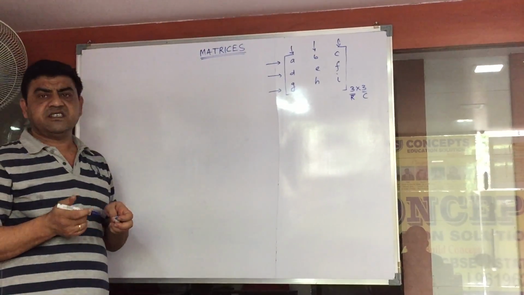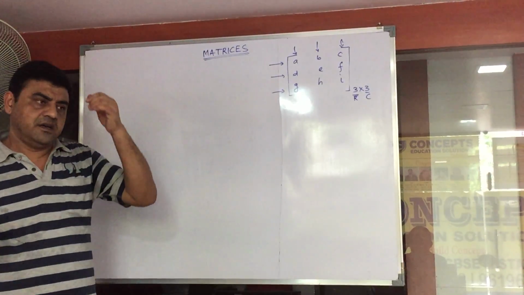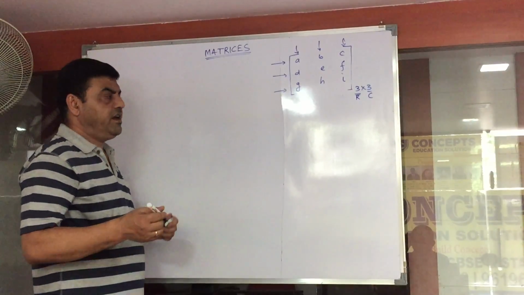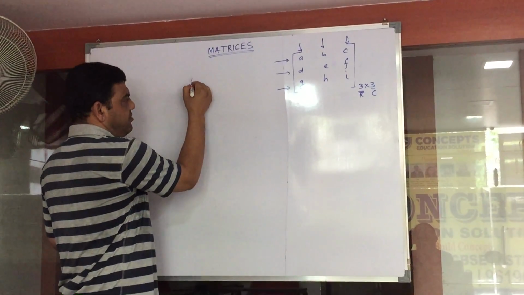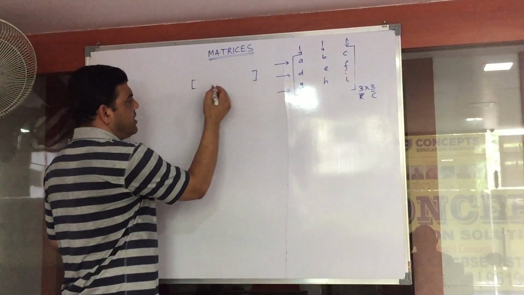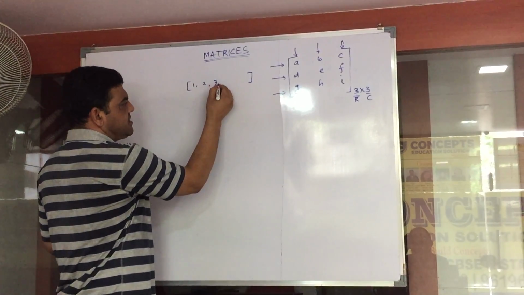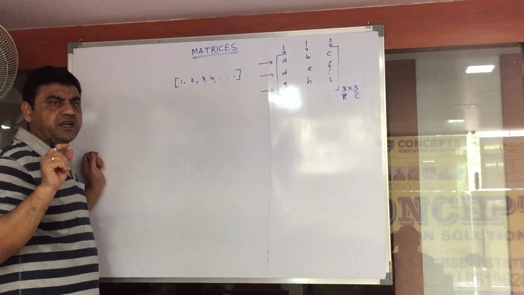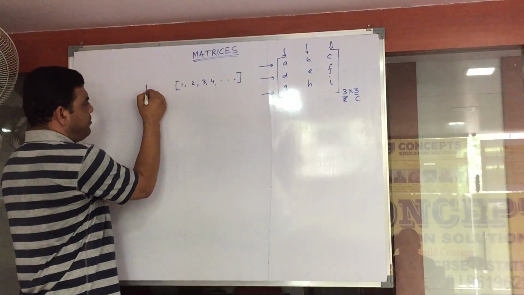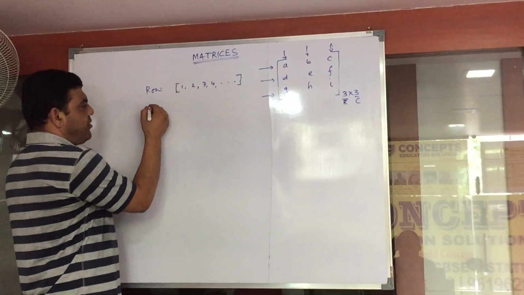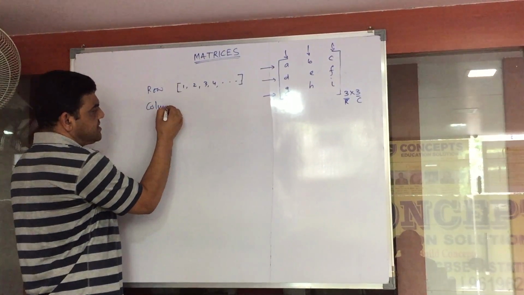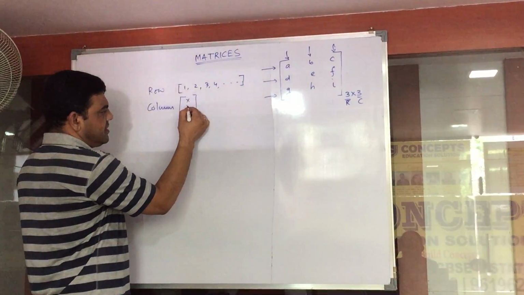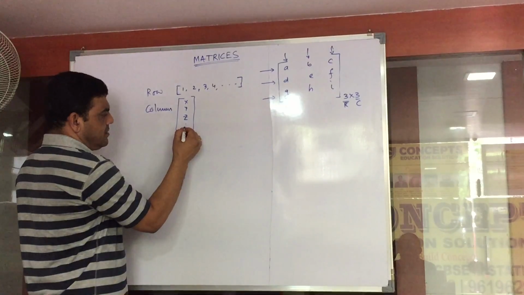Now when we talk of matrices, there are different types of matrix. First one is if we have a matrix which has all elements in a row, like I can have natural numbers like that, and it can continue to any number. If all are in a single row, then we call it a row matrix. If all elements are in a single column, then we call it a column matrix. Like I can use the same thing like that.